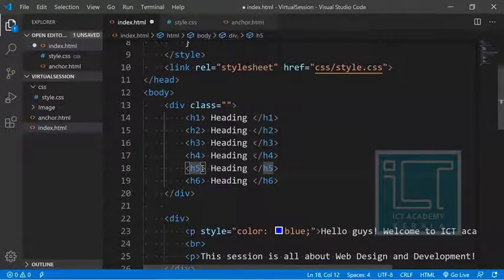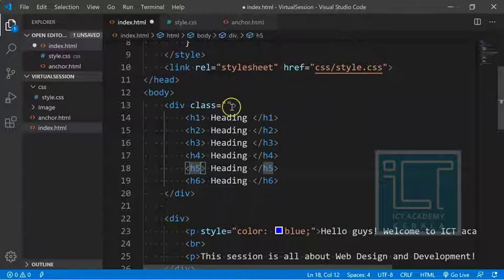If I do share it, it won't show any error, and the output will not be any different, but logically it is not correct. So based on the logic, an ID should be given uniquely to unique elements. Each element's ID name should be different. But if I want to give a group of elements a single name, I can give a class name, and this class name can be shared by different other groups also. So that is the difference between a class and an ID.